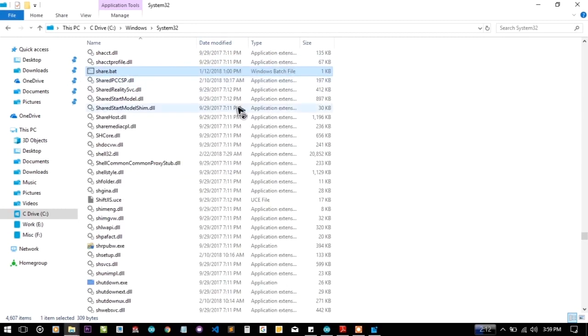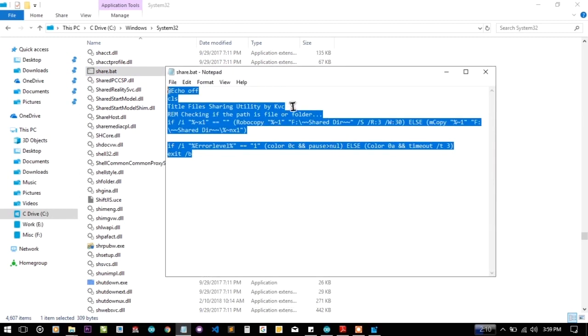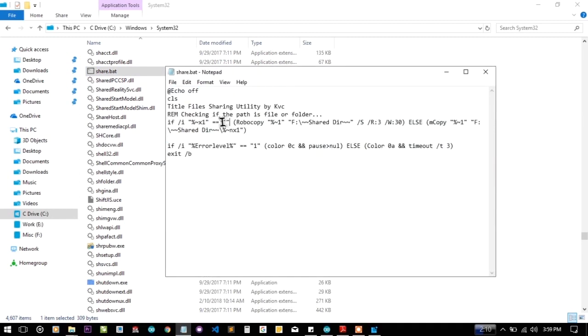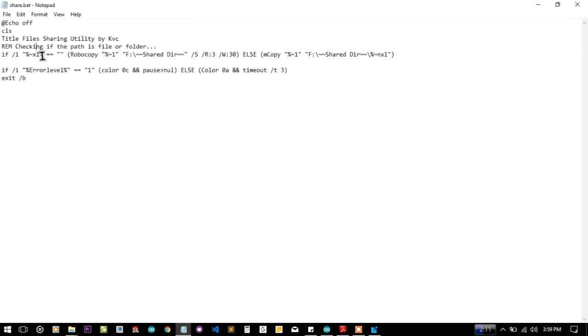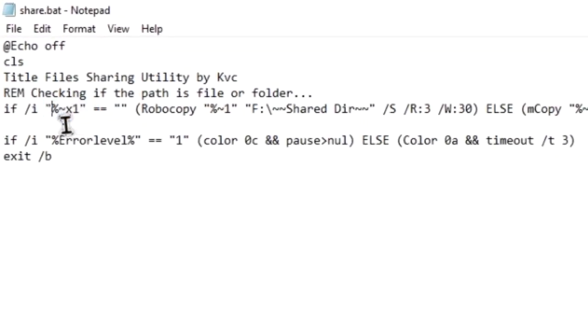When you open it, you will see it is not a big bulky file, it is just a simple file that checks if the path is a file or folder. There is some problem while copying files versus copying folders, so I have checked for it. If the extension of the first parameter is empty, you will know this when you see the for loop tutorial completely. So it combines the special parameter and the for loop